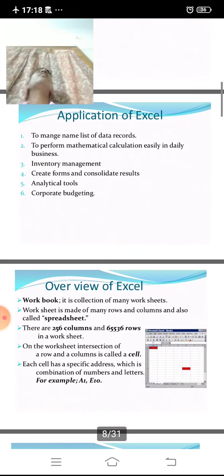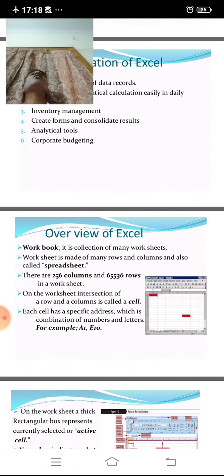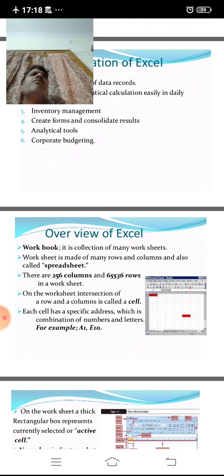Then the MS Excel file is treated as a workbook. Each workbook may contain a number of worksheets. Each sheet contains rows and columns, and the combination of a row and column is called a cell. A cell allows the users to enter data, and a cell has an address, that is the column name with the row number. For example, A100 means column A, 100th row. So A100 is the actual address of that particular cell.